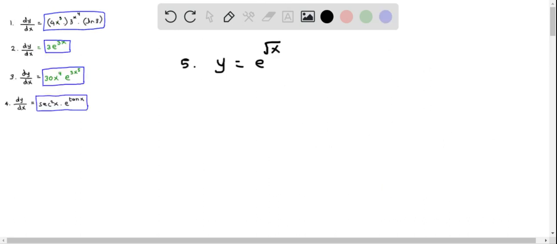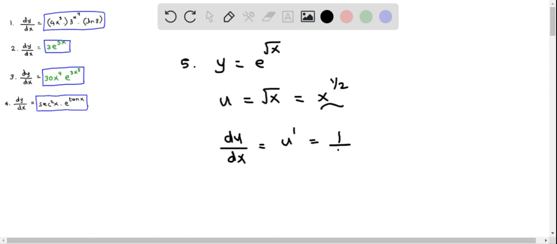We now find the derivative of y equals e raised to the power of root x. So here we make the substitution, u equals root x. So we have to find the derivative of u with respect to x. Before that, we can write this square root of x as x raised to the power of 1 by 2. Now we find du by dx, or the other notation for this one is u prime, and this equals, we apply the power rule to find the derivative of x power 1 by 2. So we put the 1 by 2 first, and then raise x to the power of 1 by 2 minus 1, and so this equals 1 by 2 x power 1 by 2 minus 1 is negative 1 by 2,